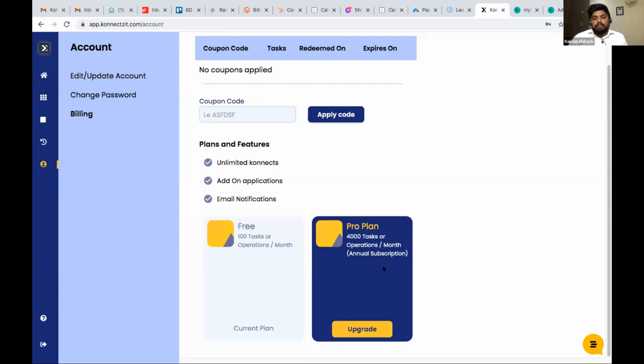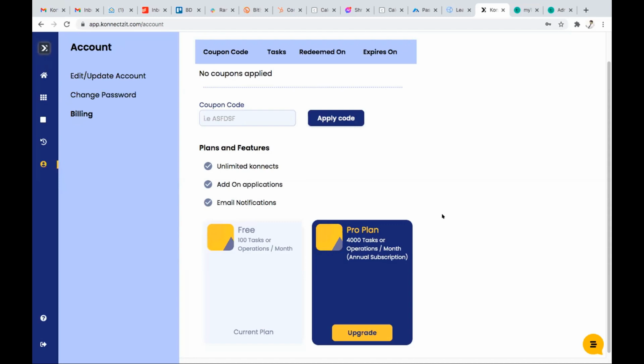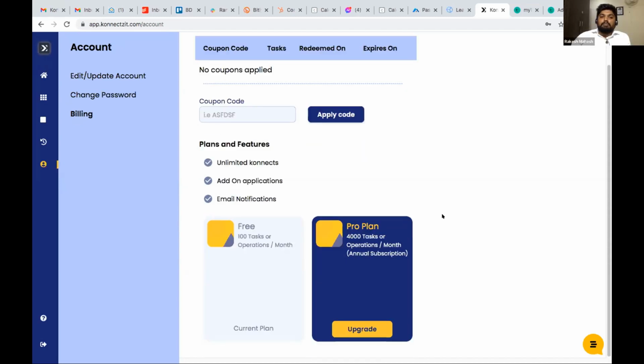This is the plan we are giving for our early adopters. We are planning on $1 per month, so with an annual subscription it's kind of $12 for 4,000 tasks. Is this $1 a month thing a grandfathered rate? Yes, for users this will be grandfathered.